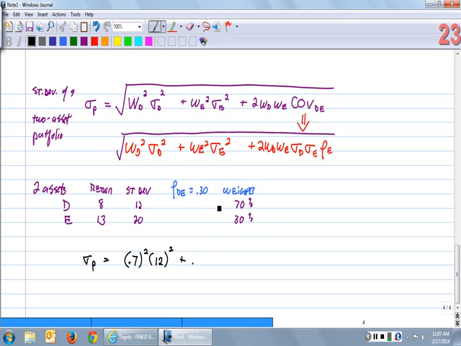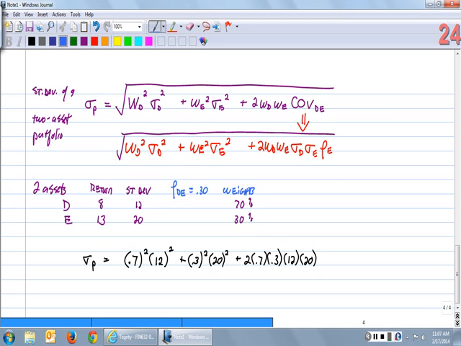Of course the weights have to be decimal, right, because they have to add up to 1. 0.7, if that's 0.7, this has to be 0.3 squared times its standard deviation squared, plus 2 times my weight in D, my weight in E, times the standard deviation of one, standard deviation of the other, times